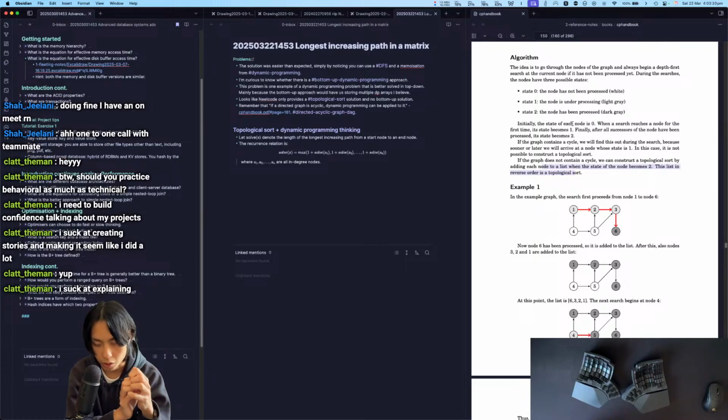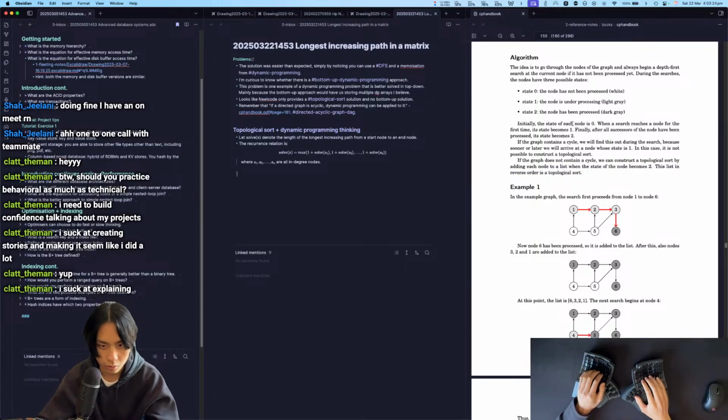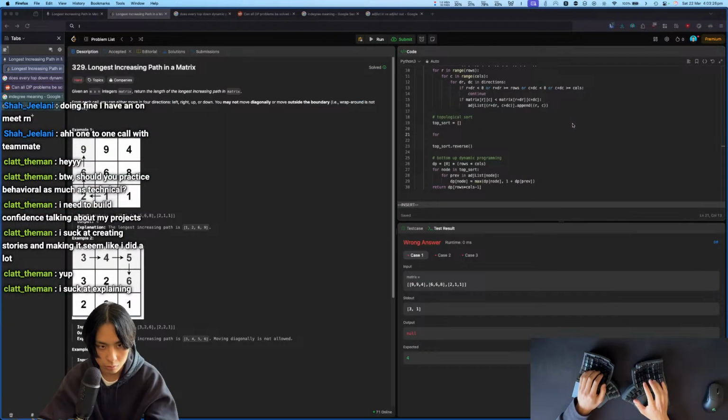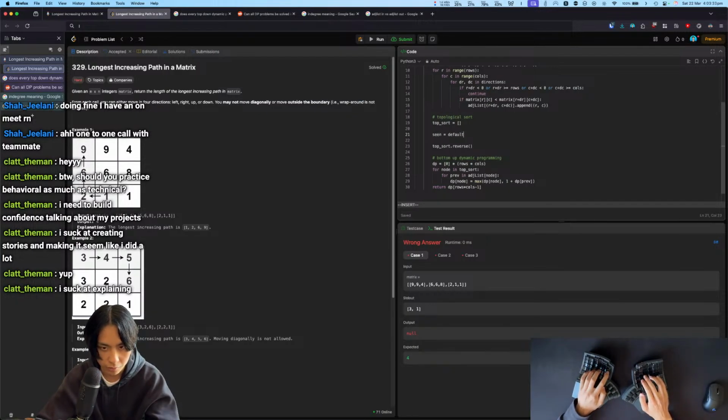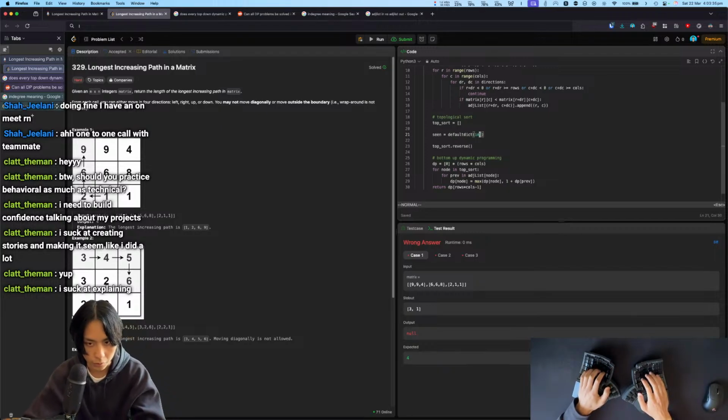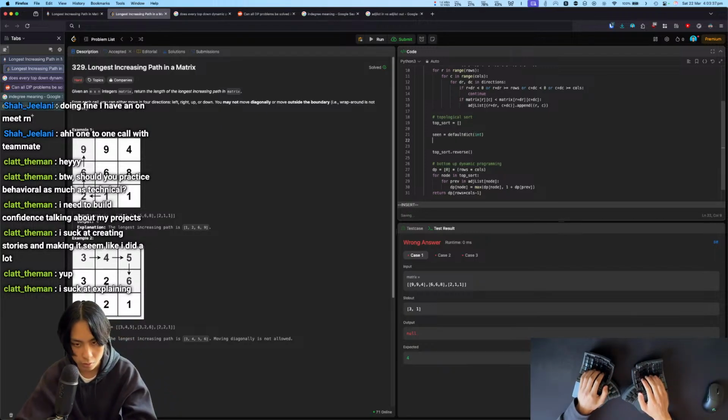And then values to 1 and 2, if they have been seen. Okay. So seen is going to be some dictionary of integers for a node in